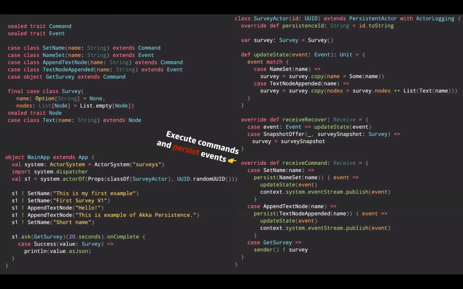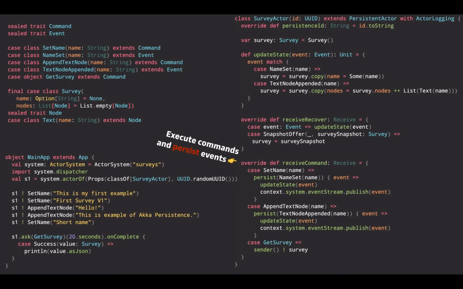So this actor on the right side is an actor that is built for building survey definitions, for example, and it can get 2 commands. So you issue specifically commands, and these commands then generate events, and events are then persisted to this journal through Akka Persistence.